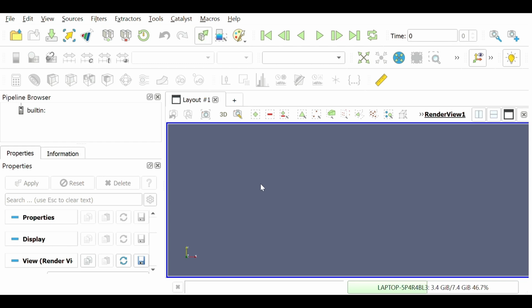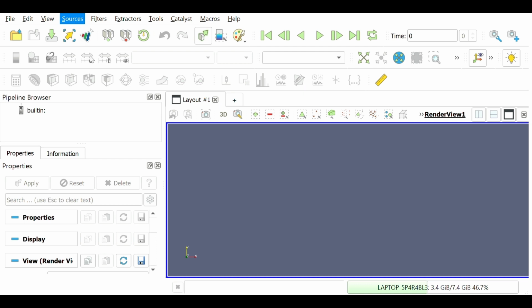This is a demonstration of how to display and filter data in the ParaView visualization tool. To start off, I want to show you a few of the objects that ParaView provides for you by default. To find them, you can go into the Sources drop-down menu along the top, at which point you'll be able